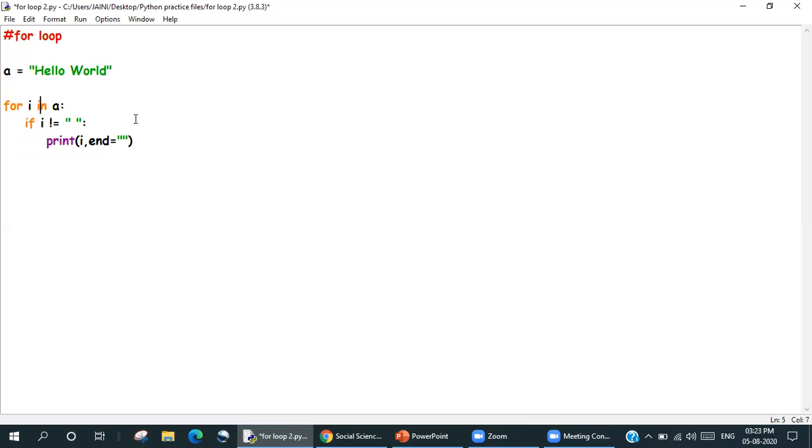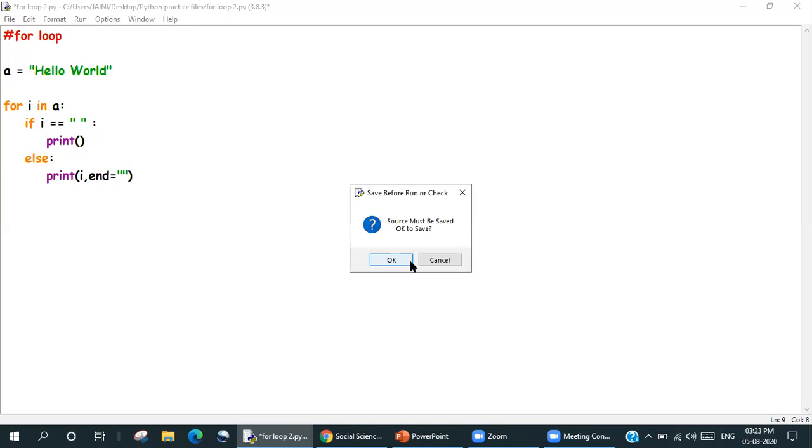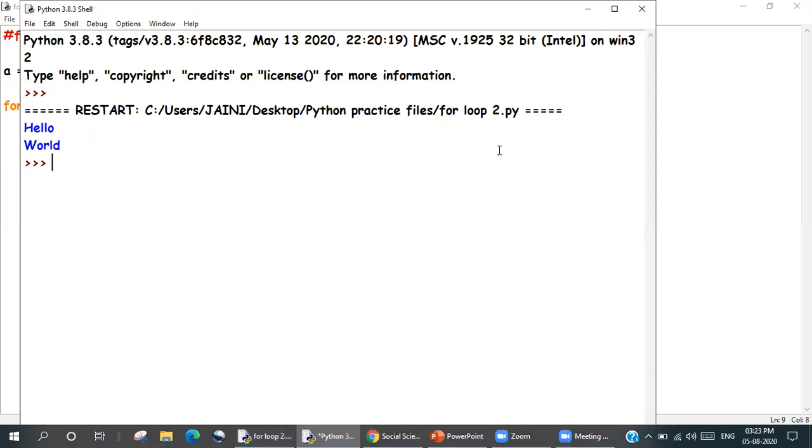And what I can do is, if i equals to space, I want to print a blank line. And else, just print i in the same line. I'll explain this once I run it and see if it's successful. Only if it's successful, I'm going to spend time explaining it to you all.